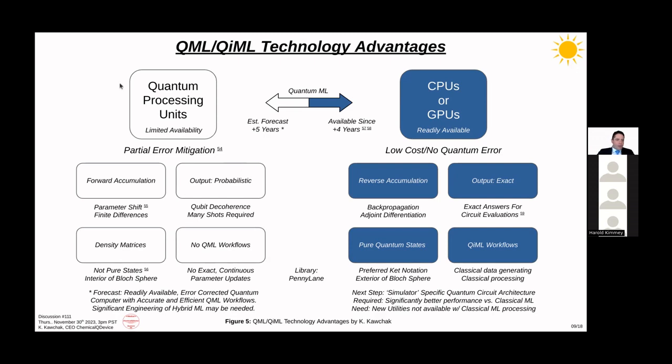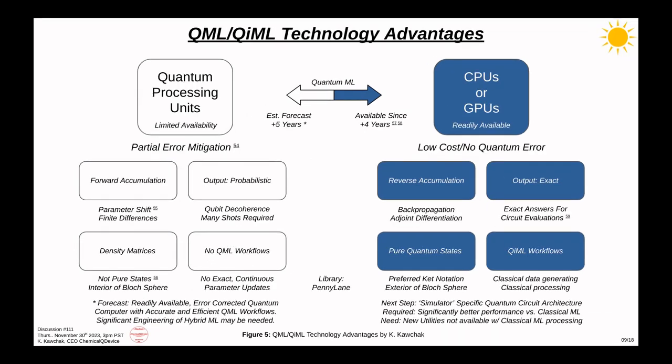Now, the QPUs themselves are density matrices, so they're not on the surface of the Bloch sphere. They're on the interior of the sphere. And it's basically, they're not pure. It's harder math to work with. So all of this comes together as far as these,